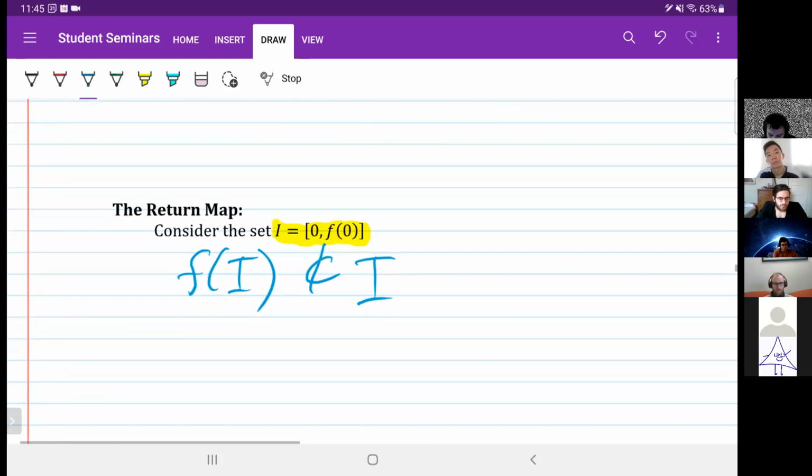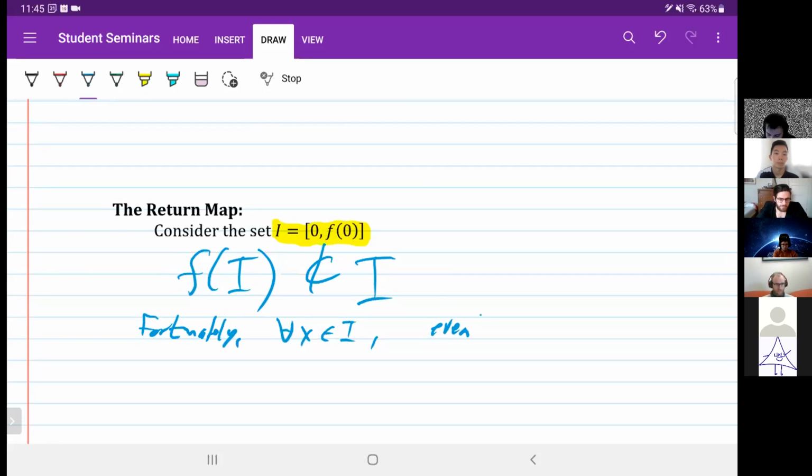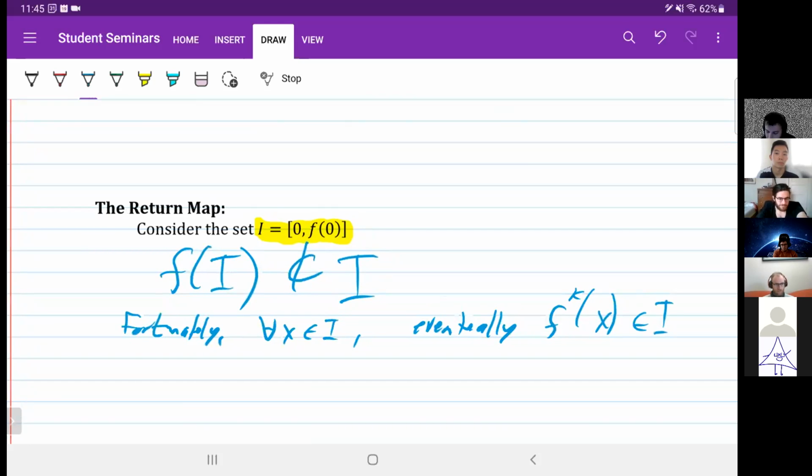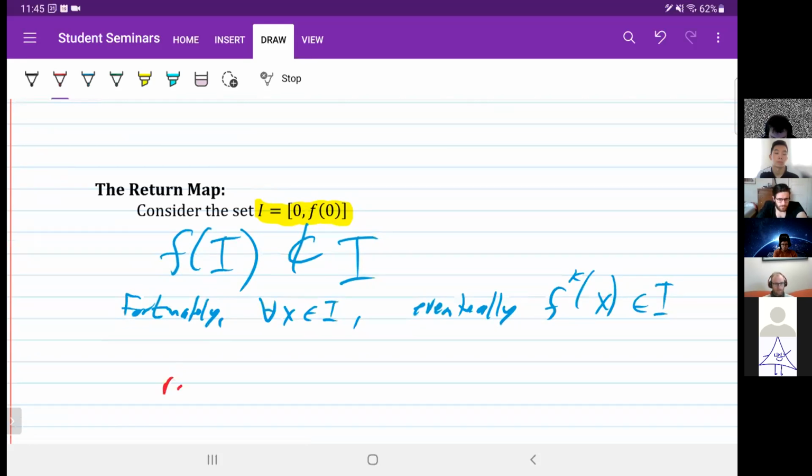But fortunately, for all x in I, eventually f^k of x is in I. If I just make k big enough, if I keep applying f, I do get back to my set. And so what we want to do then is to find a return map. And these sort of things are incredibly common. So a return map is just